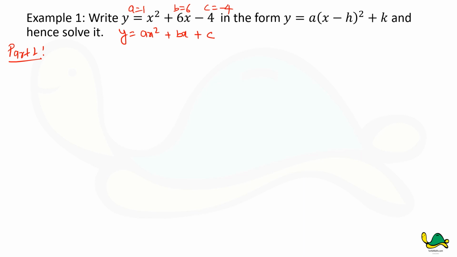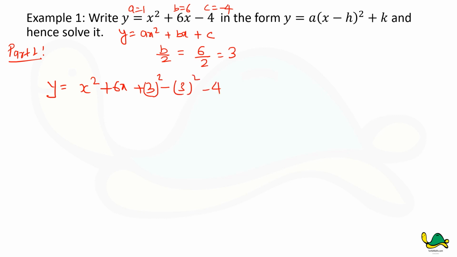Now step 1, to write the given function into vertex form, we will halve the b, which means we will halve this 6. We will halve this b, and we will add and subtract its square from the given function. So let's calculate what is our b over 2. It is 6 over 2, which is 3. I have to add its square as well as subtract its square